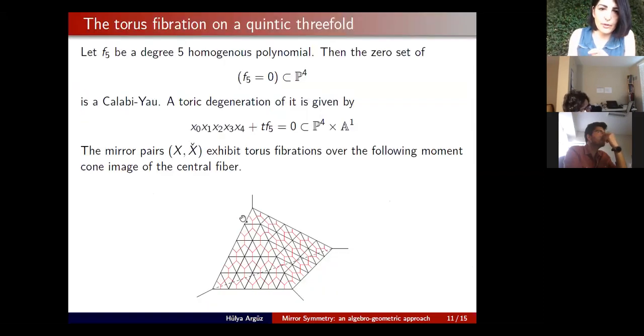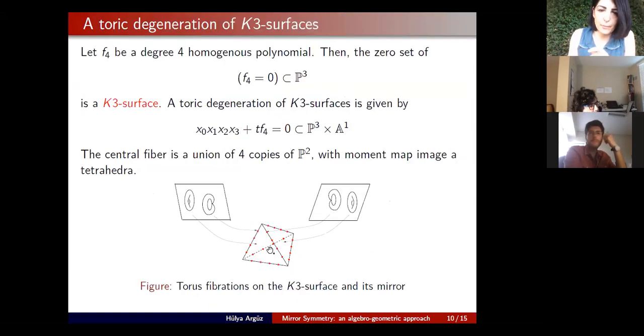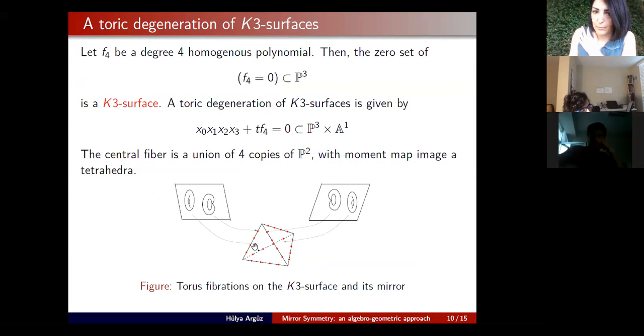Okay, so let me say this. If you're given the B, do you mean the B with the singular points, with the discriminant locus, or do you mean without the discriminant locus? Do you mean the singular integral affine space? Singular integral affine space. So the idea goes like this. You start with a toric degeneration. To the central fiber you associate B, which is an integral affine manifold with singularities. So you know what the singular affine space is.